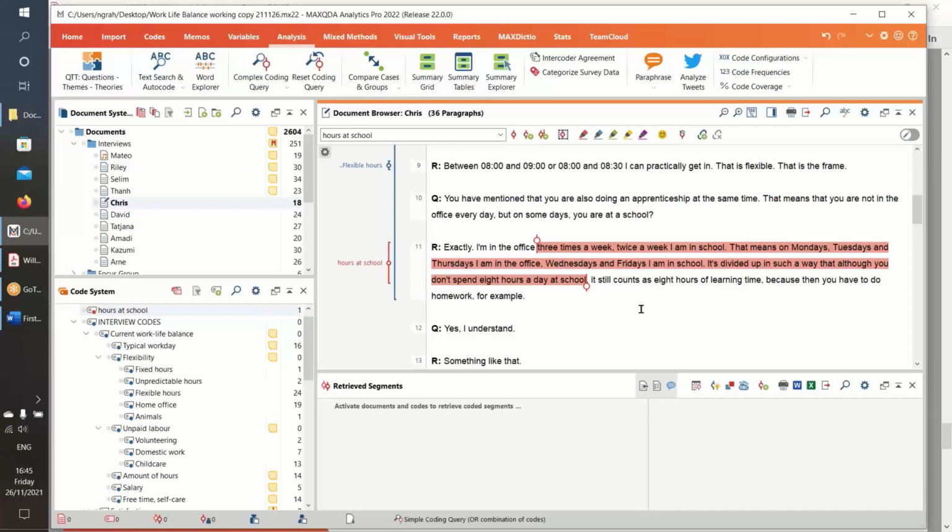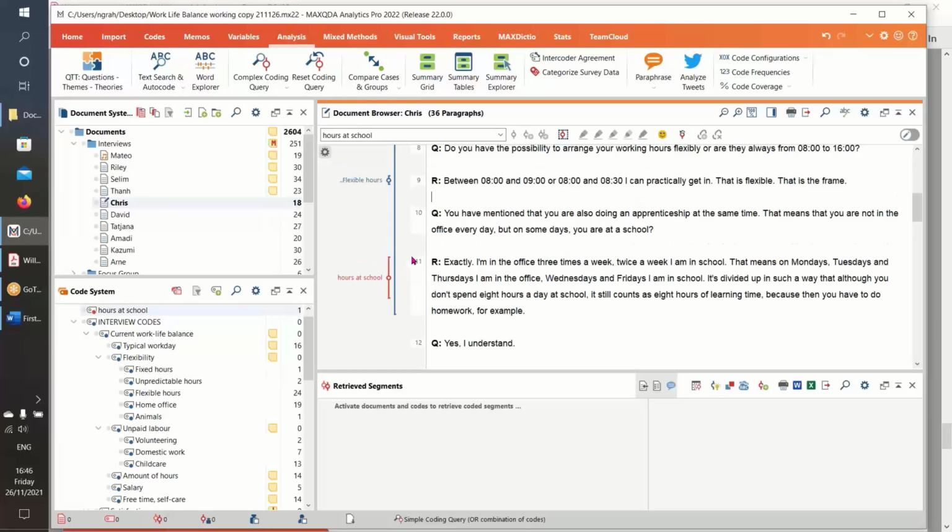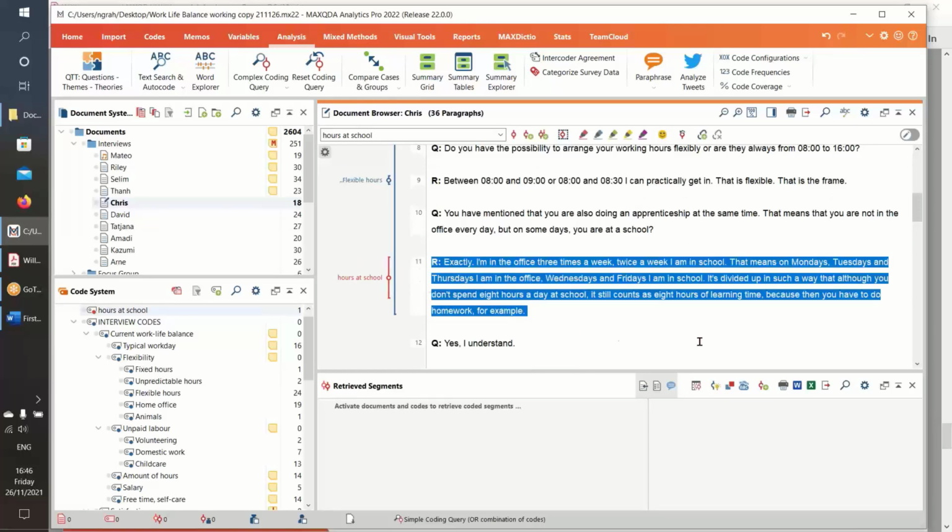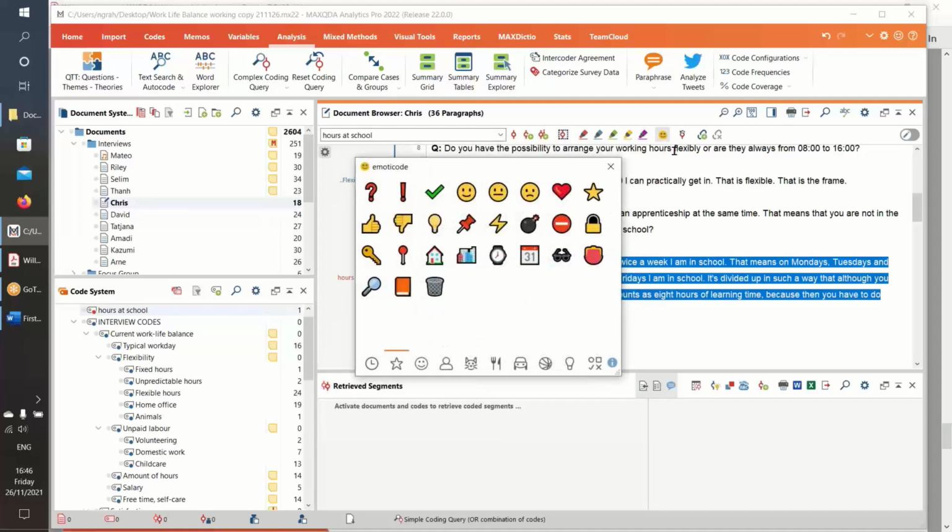They used to be very specific to PDF type documents, but now they're appearing when you get to reselecting. They're not there where I just highlight in the first instance. It's only if I reselect. There are changes to the emoticodes. So let's just select this whole paragraph, and have a look at the emoticodes. They look different. In essence, what MAXQDA has decided to do is actually use the standard emoticode symbols,